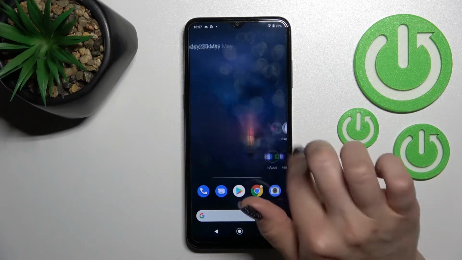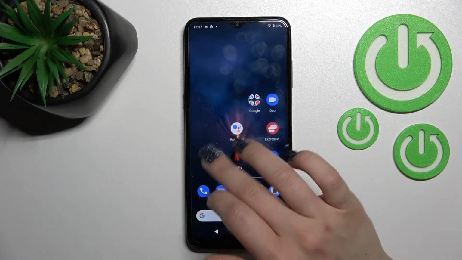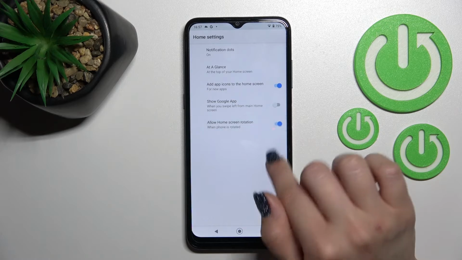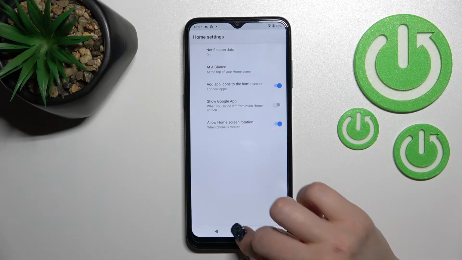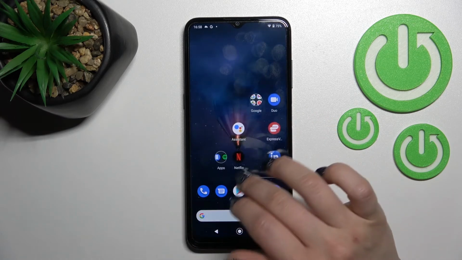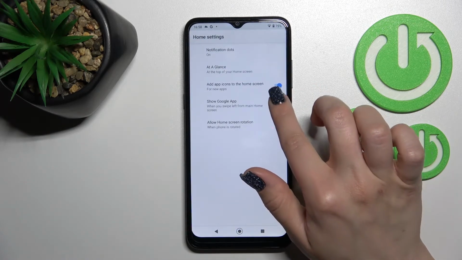And now when we swipe with our finger to the left or to the right side, we can see that we just successfully turned off our Google Fit feature. If you want to activate Google Fit again, go into the settings,